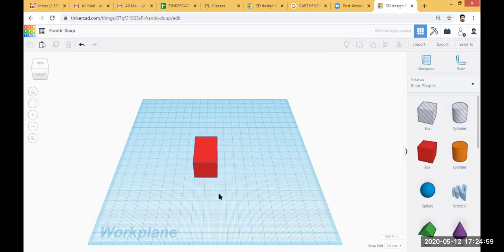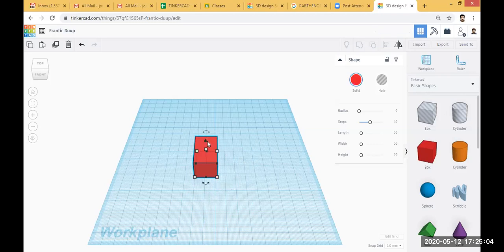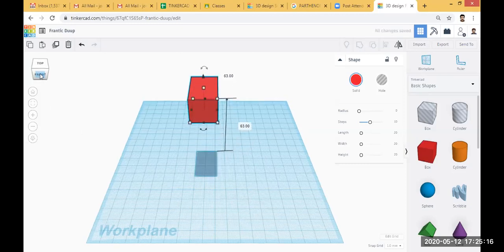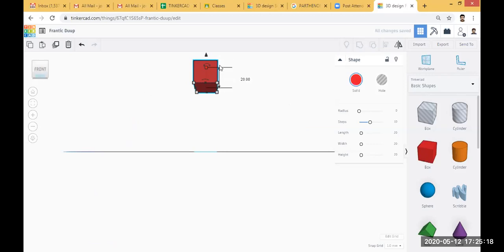If you want to place this object at a height from the work plane, you have to click the arrow at the top of the box. Click the arrow here, and you can place the object at a certain height. When I click the front view, you can see this object is at a certain height.